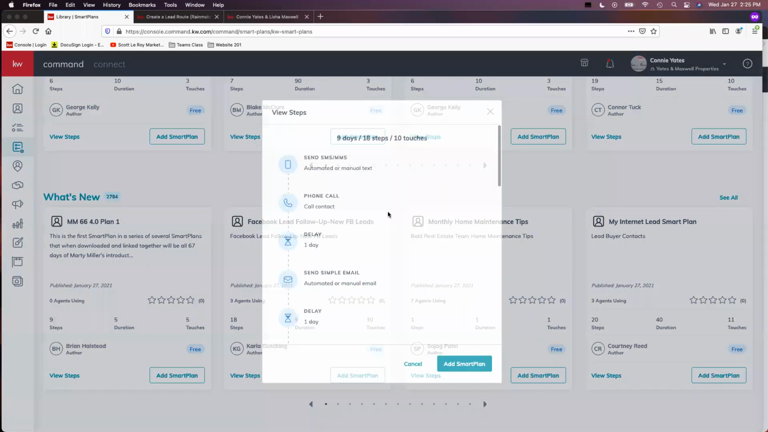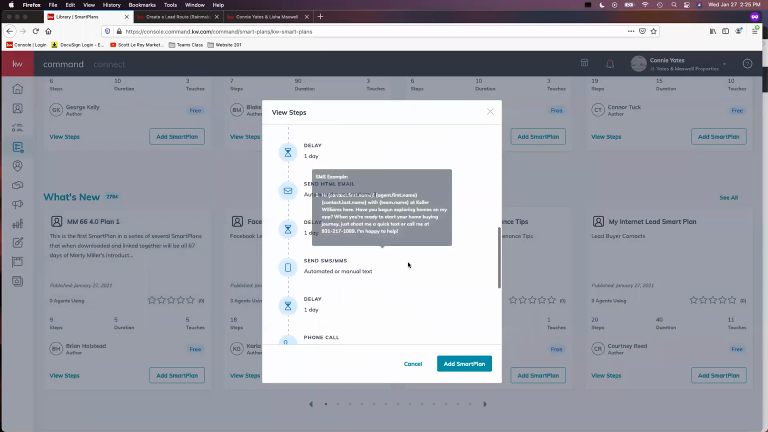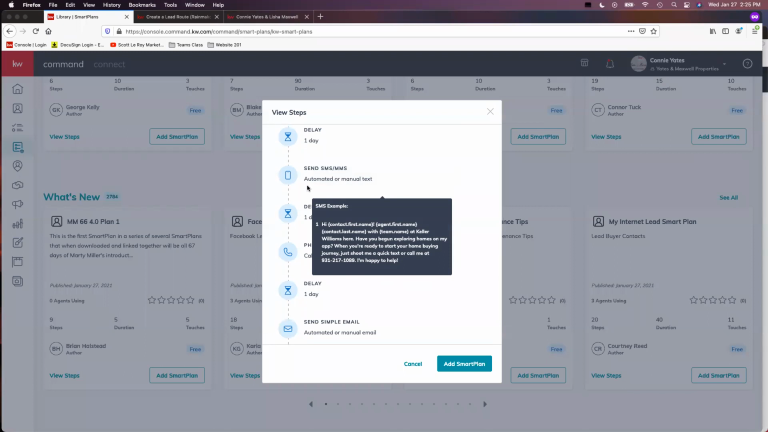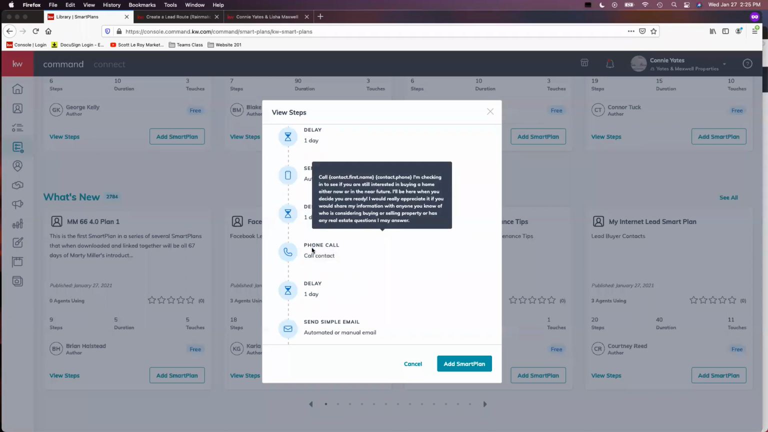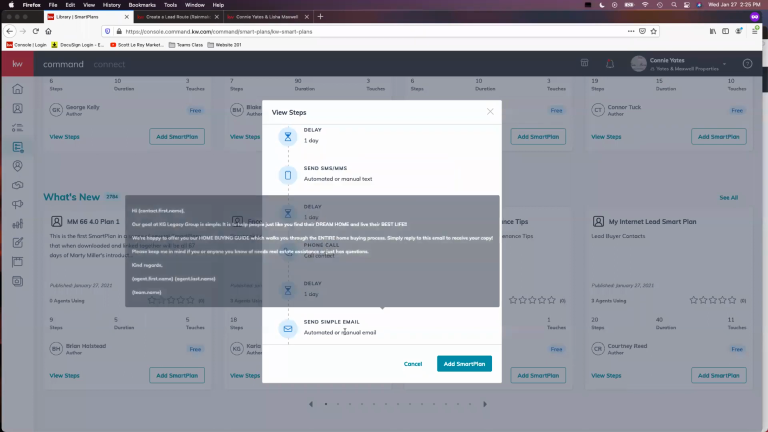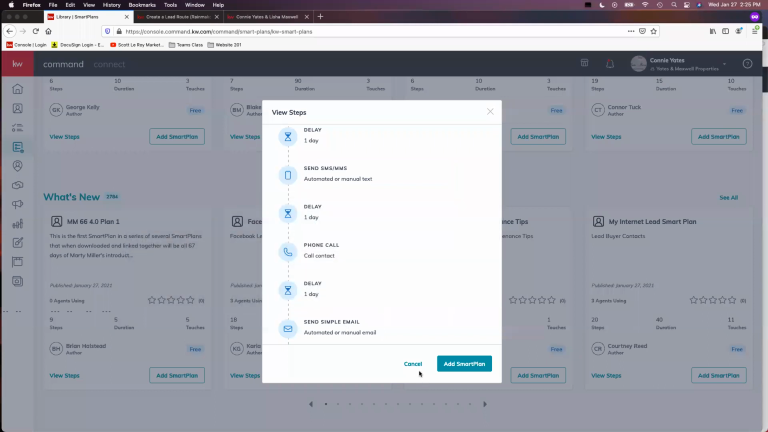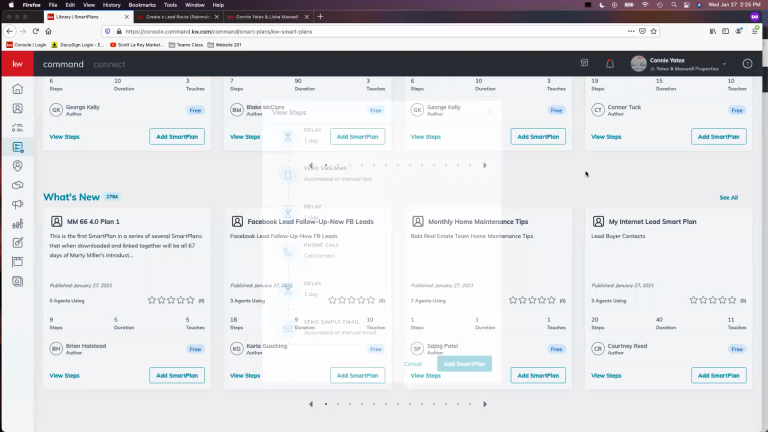That was only one, but if you guys pull up like a 10-step one, it tells you what's happening, what's being sent out. Call, it gives you a heads up in regards to what you should be talking to them about, what the email is going to look like. And then you guys can add that Smart Plan to your library and customize it. So you don't have to use the exact verbiage. You don't have to use the pronouns, or if they have something specific to their area, you guys can tweak